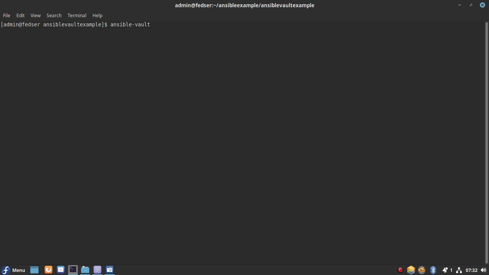Ansible vault encrypt_string --vault-id label@vault_pass, which is the vault password file of my environment.